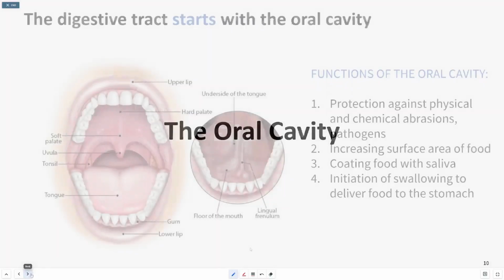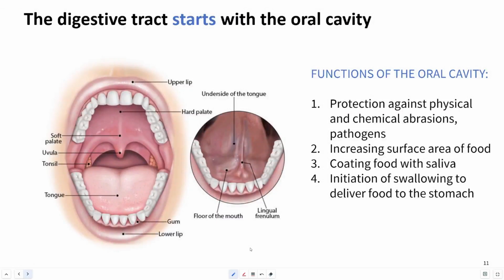The oral cavity. The upper GI tract is where initial processing by both mechanical and chemical means takes place. The oral cavity is the entrance to the GI tract. Food undergoes both mechanical and chemical breakdown inside the oral cavity. Gross anatomy that includes the vestibule or the buccal cavity, which is the space between our gums, lips, and our